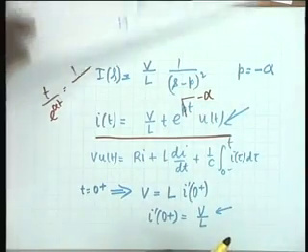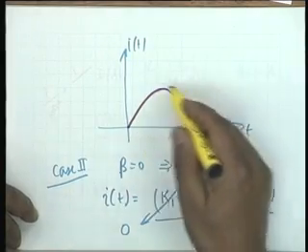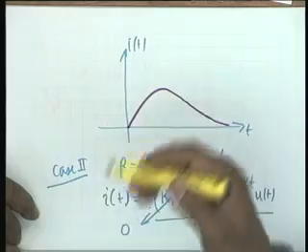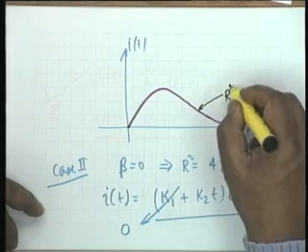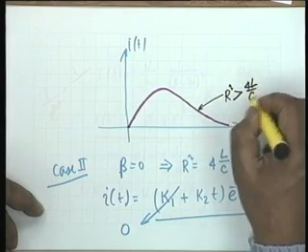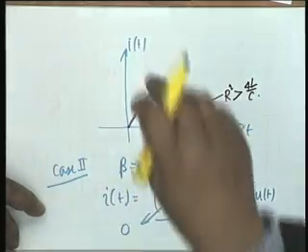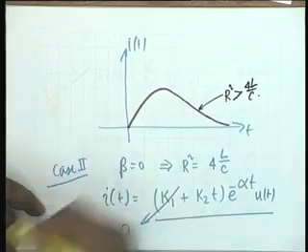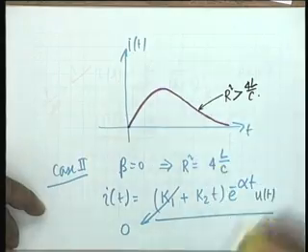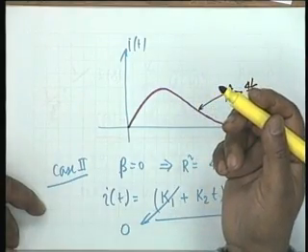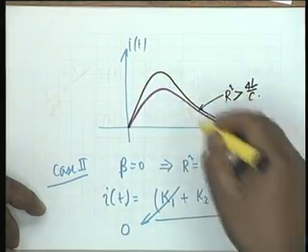Now therefore the plot shall be quite similar to this. Would it be above or below this? That is the maximum. You see, this case is for r squared greater than 4L by C. Would the maximum value be greater? Physical concept, you can verify later, you can find out what this maximum is, what the other maximum is by differentiating, putting it to 0 and so on, but physically it should be greater.